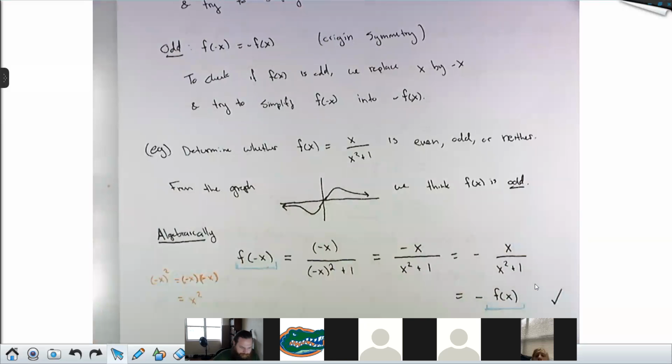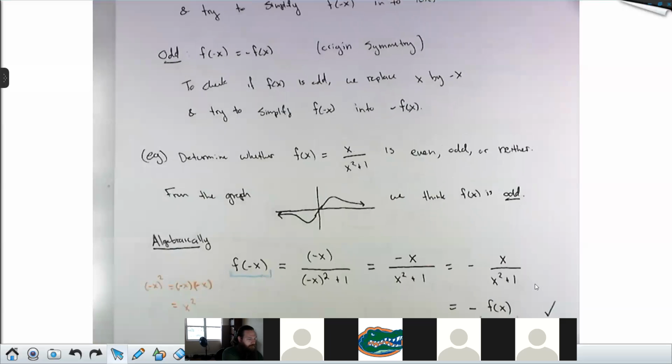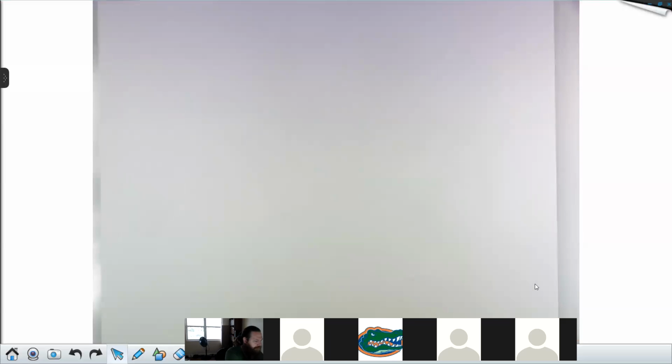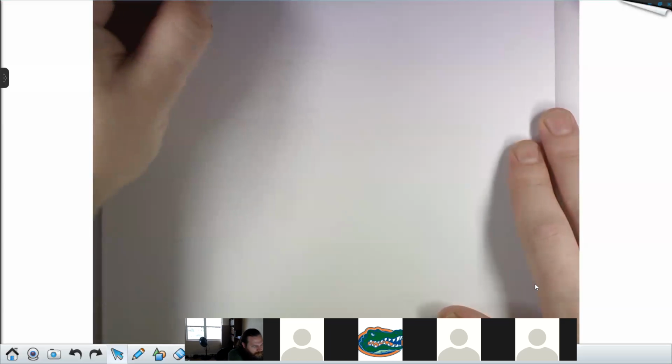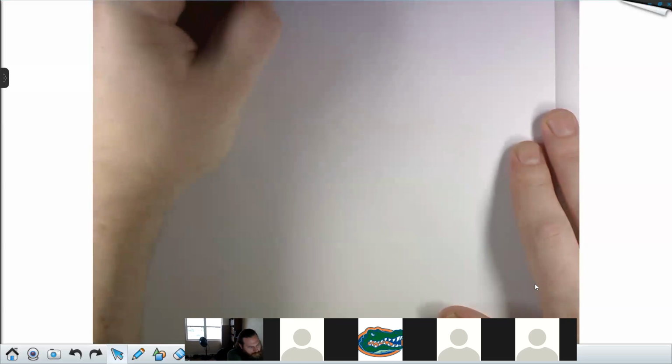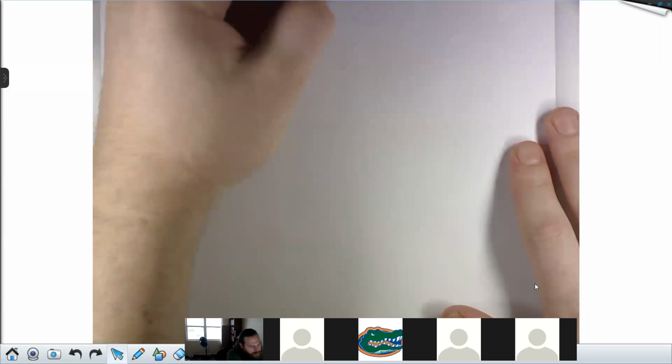All right. Even and odd functions. Good stuff. What would it look like if it was neither odd nor even? We can take a look at another example, and give us a couple more. Let's say,